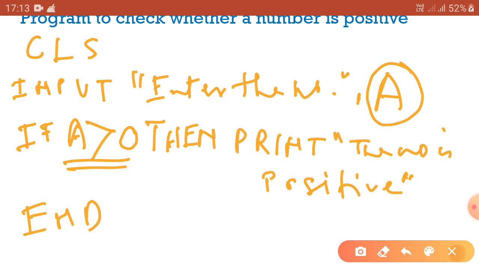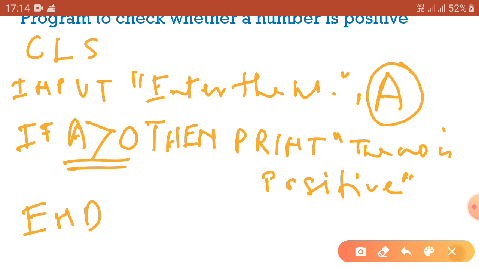So we know for IF THEN statement we have to use IF THEN condition, and after THEN we have to write down the statement to be executed. If the condition is satisfied or true, then the statement will be printed on the black screen.